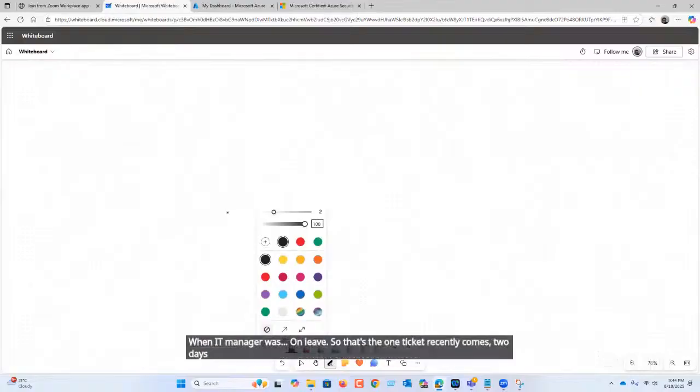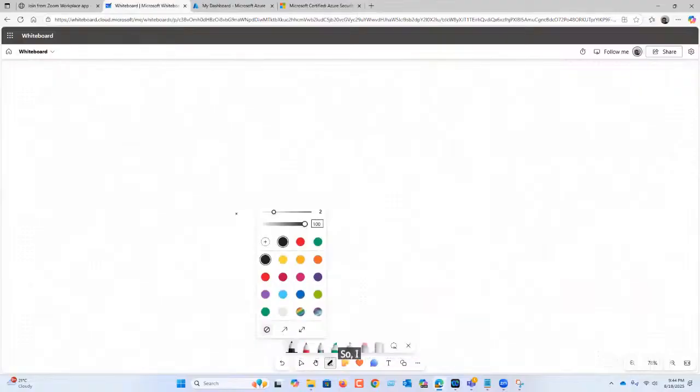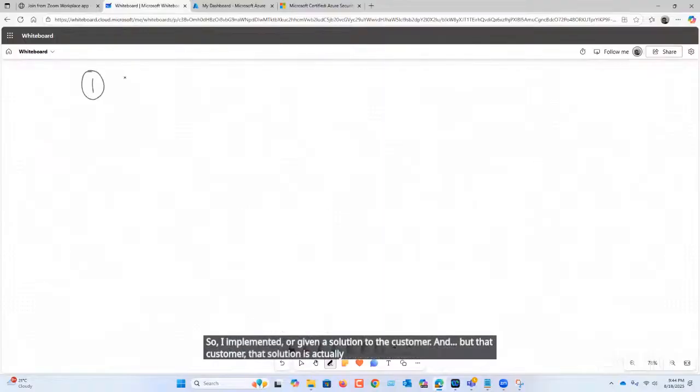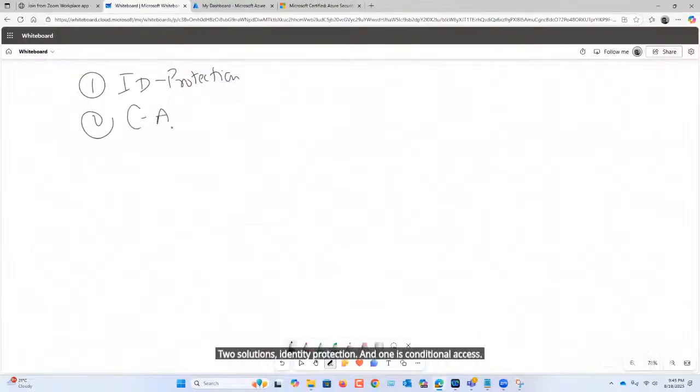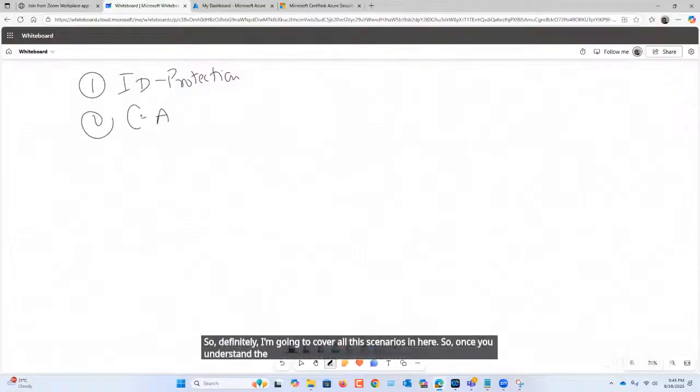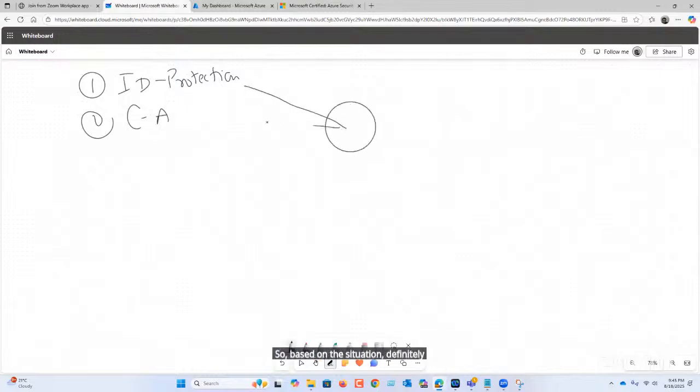I implemented a solution for the customer, but that solution is actually based on two solutions: identity protection and conditional access. So definitely I'm going to cover all these scenarios here. Once you understand the scenario, what he's doing, complete hands-on. So based on the situation, you give a solution to the customer. Yes or no?